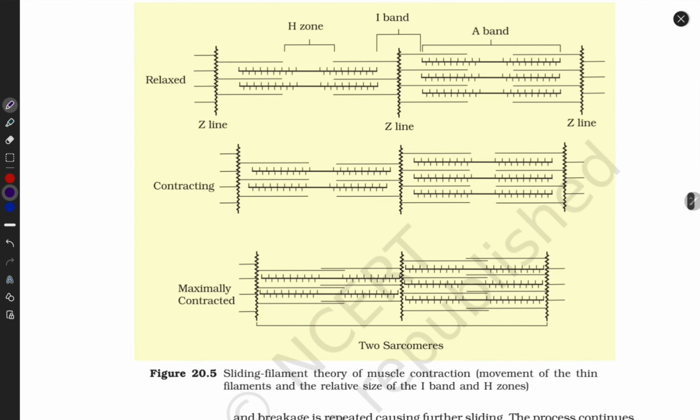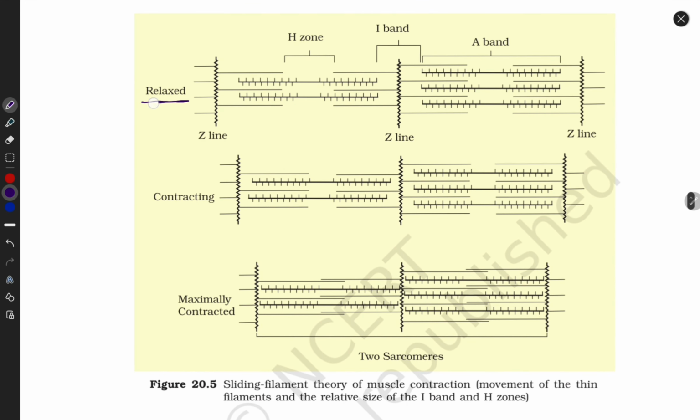Okay, look at here. This is the relaxed form of sarcomere when there is no stimulus. This is the Z line. This is the A band zone, and this is the H zone. This is the dark A band zone. This is the I zone. This is the light, this is the dark. Now, if a stimulus comes,